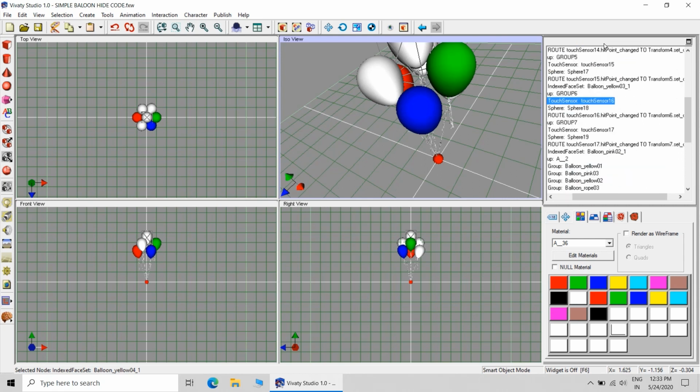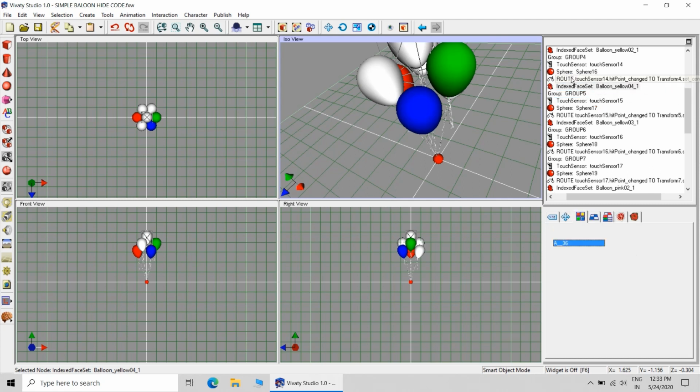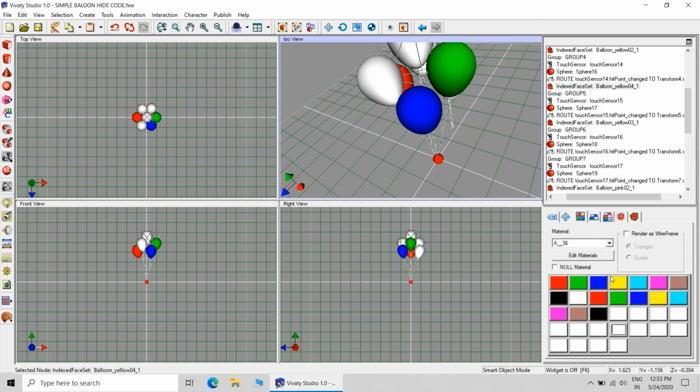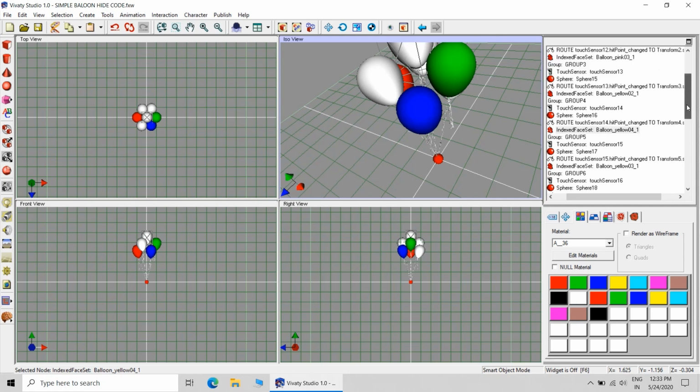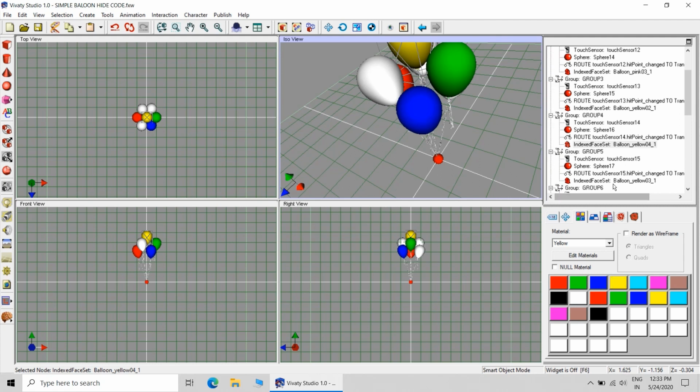Now this is a balloon which can be moved in the required group. Give it a yellow color. So you have to sort out the balloons and the ropes. This will be somewhat time consuming.